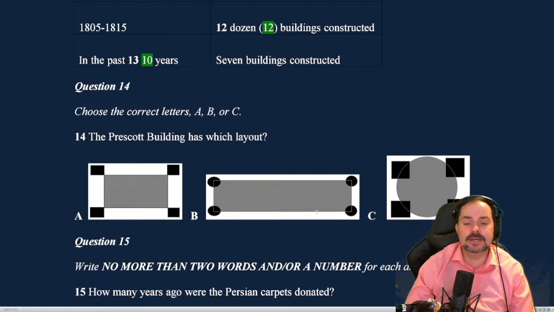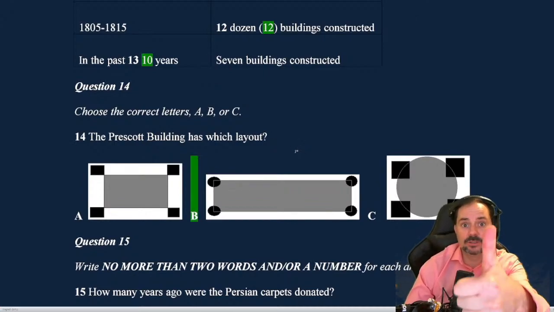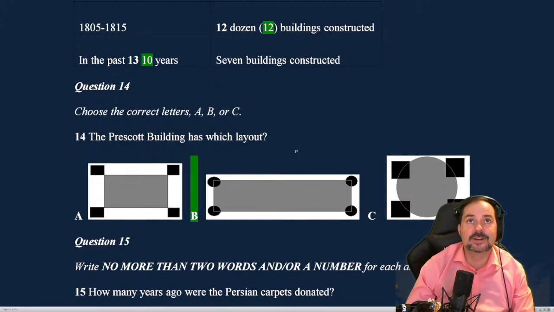Fatima says it's B because they said there's circles in the corner. Yeah, and they also said that it's really long and it's not very wide. So they said it's like 50 feet by 8 feet. So it's got this really long rectangular shape. So if you got B, you got it correct. Good for you. Good for everybody that chose B there. Yeah. Wonderlust Lavish says B.